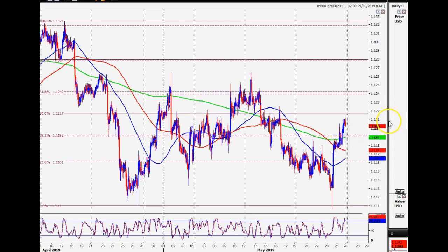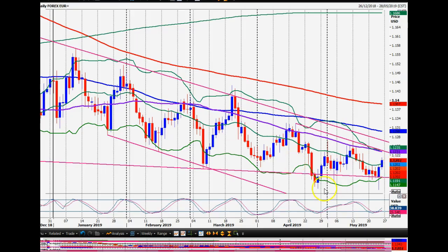So it all looks pretty good for the euro versus the US dollar. It's the reverse of the dollar index chart, of course, with a nice big bullish candle here and further confirmation again as we go up through 112.00. So we're looking at 112.30, 112.35 as the next resistance. That is going to be the major challenge for bulls this week, and I wouldn't be surprised to see a